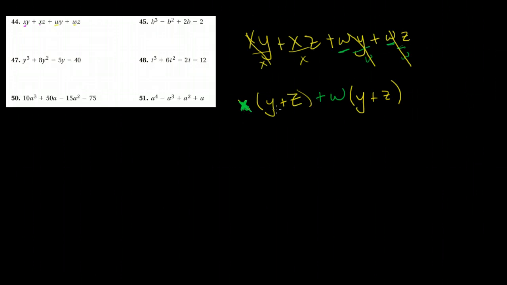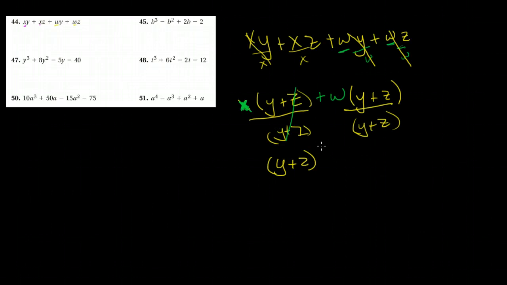So basically, I can divide out y plus z from both terms. I can divide out y plus z from that term, and I can divide out y plus z from that term because y plus z is my common factor. So those become a 1 when I divide out the y plus z, and I'm left with just the x. And these again become a 1 here. That's pretty strategic. We're doing that for the exact purpose